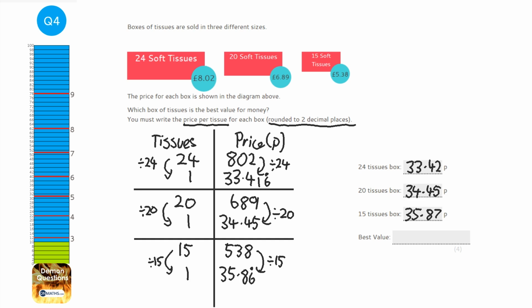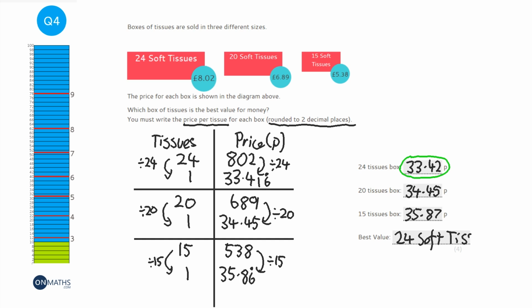Well, if you have a look at the 24 tissue box, it's only costing just over 33 pence, whilst the 20 tissue box costs over 34 pence and the 15 tissue box costs over 35 pence. Well, which one would you rather buy? Well, I'd rather buy the one that the tissues cost the least. So the best value is the 24 soft